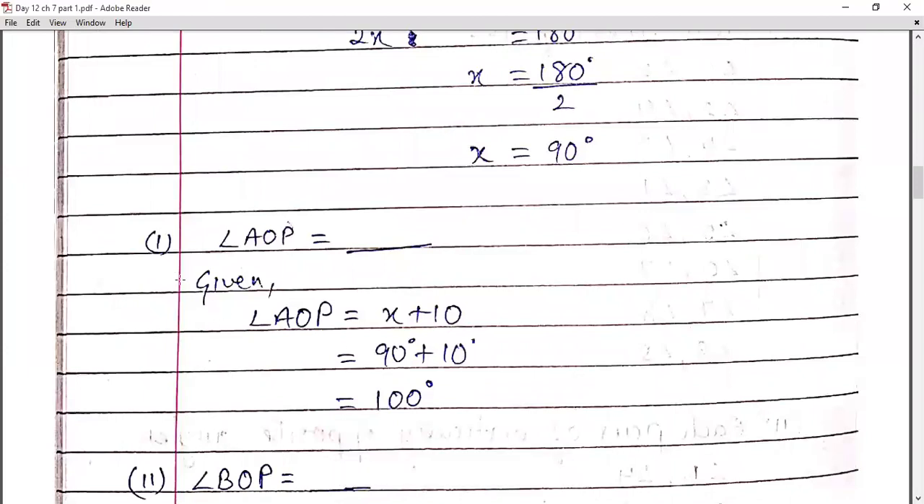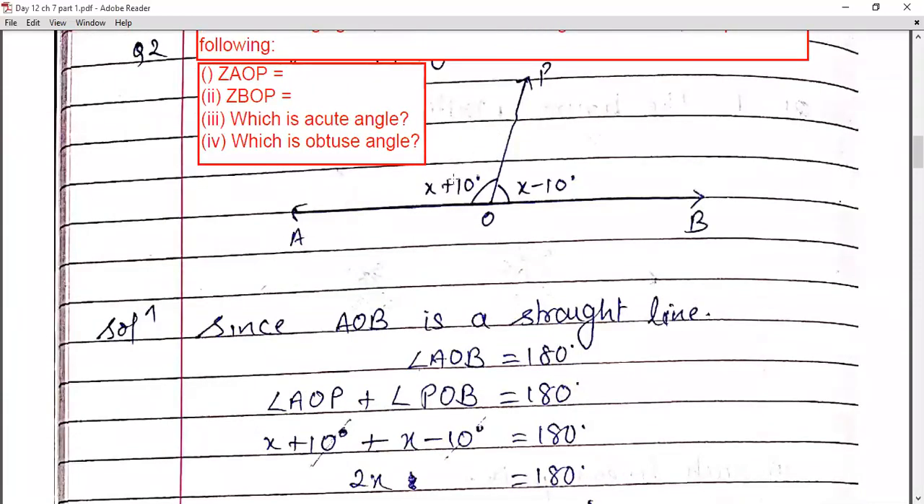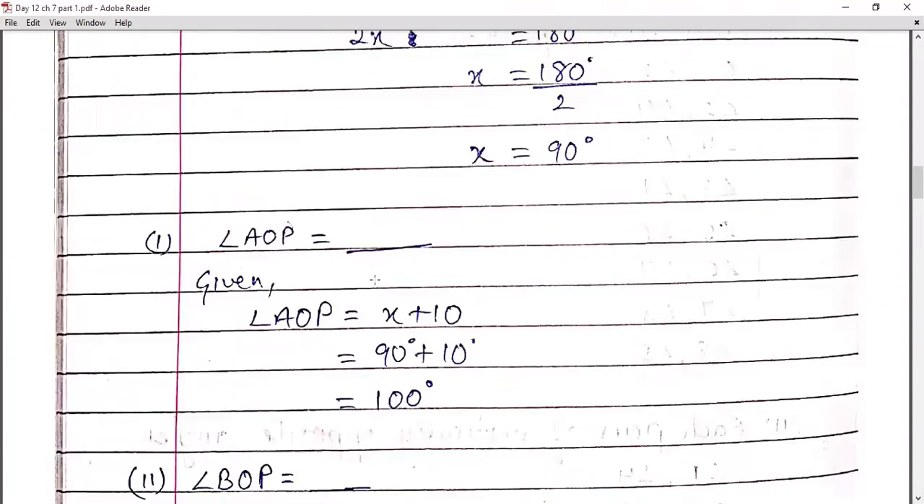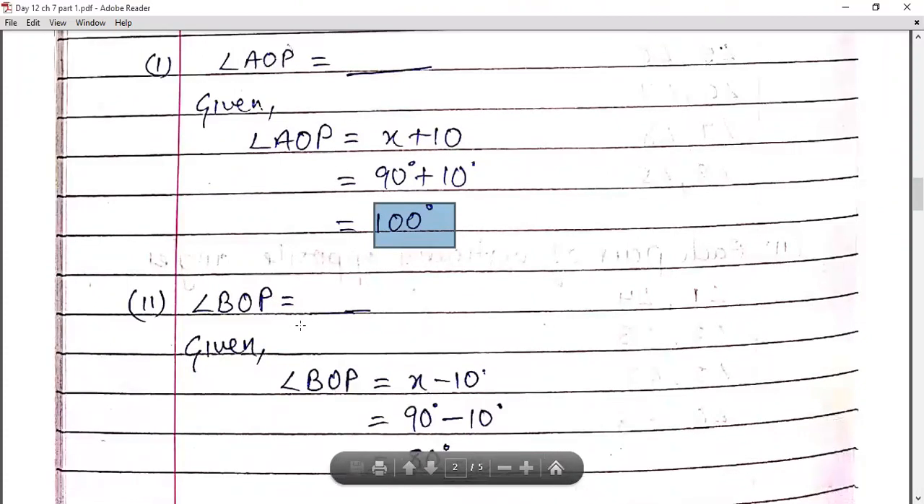Now, coming up to parts of this question, you need to find angle AOP. Since angle AOP is given as x plus 10, substituting x as 90 degrees, we have found the value of x. 90 plus 10 will give you 100 degrees. Then we need to find angle